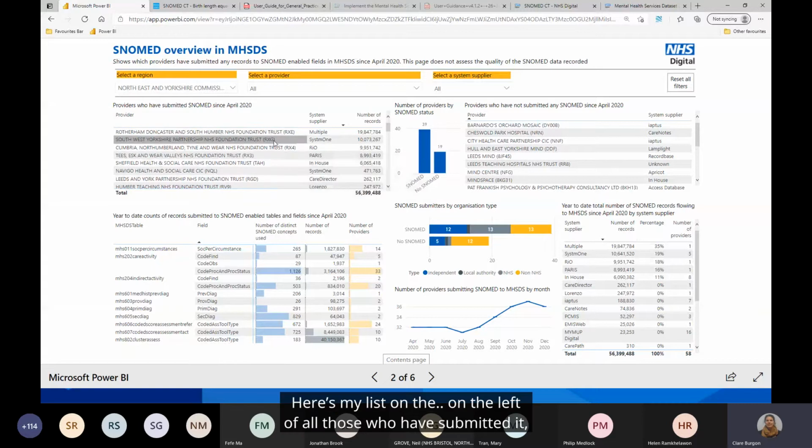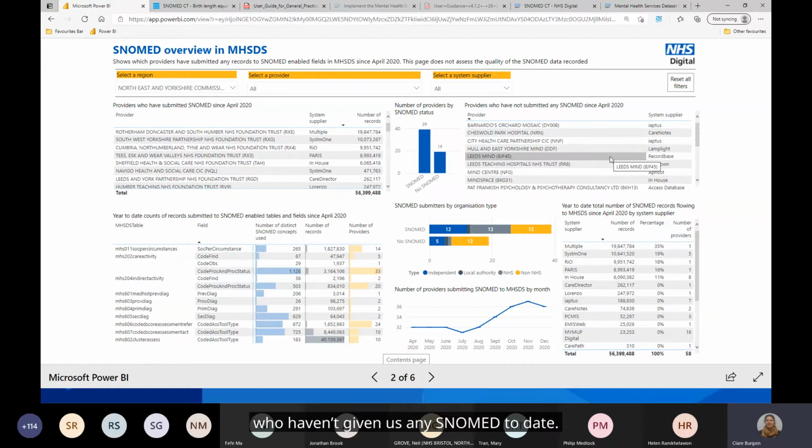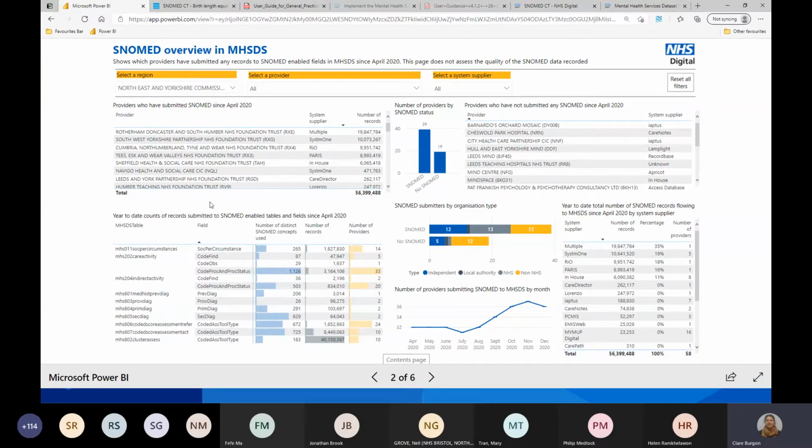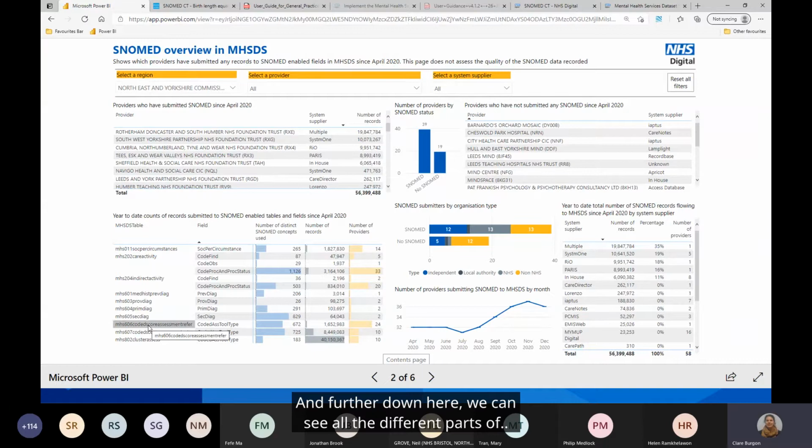Here's my list on the left of all those who have submitted it, the number of records that each one has given us, and the system supplier. And then over here, these are the providers who haven't given us any SNOMED to date. You can find out what type of provider they are, if they're independent or NHS. And further down here, we can see all the different parts of